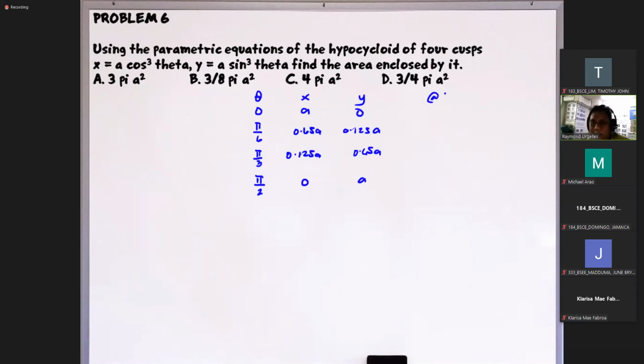Okay? So ang gagawin natin is una, papalitan ko muna yung y ng negative y. Okay? So pag ginawa natin yan, so we have negative y is equal to a sine cubed of theta. So then we can write this as y is equal to a, so then this is negative sine theta raised to the third power. Diba? So kasi this will give us a negative sign, so then pwede siyang malipat dun sa y. Diba? So and meron tayong identity, diba? So na, okay? So we have sine of, okay?